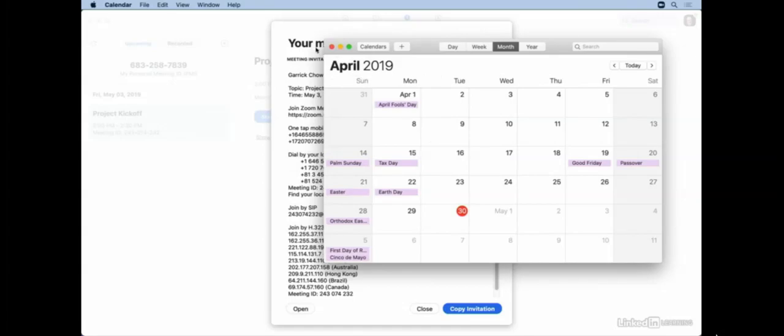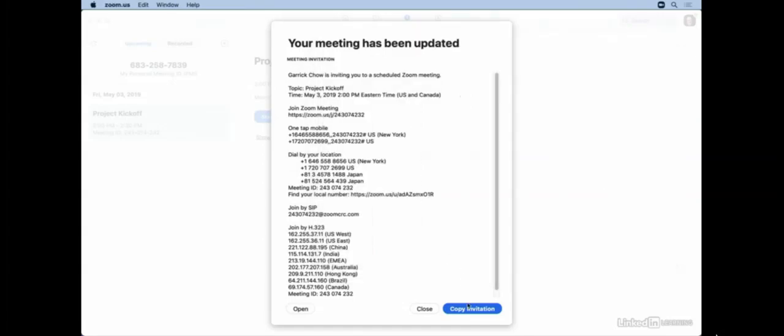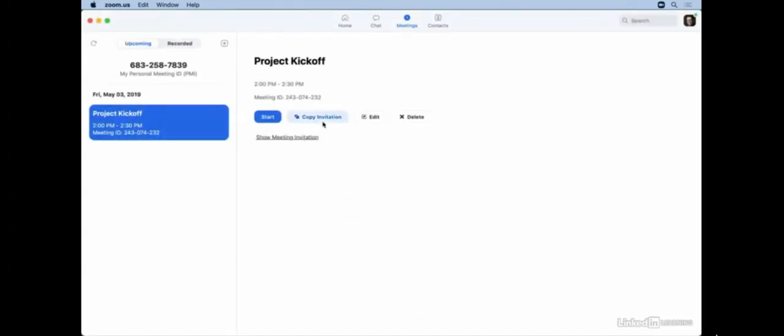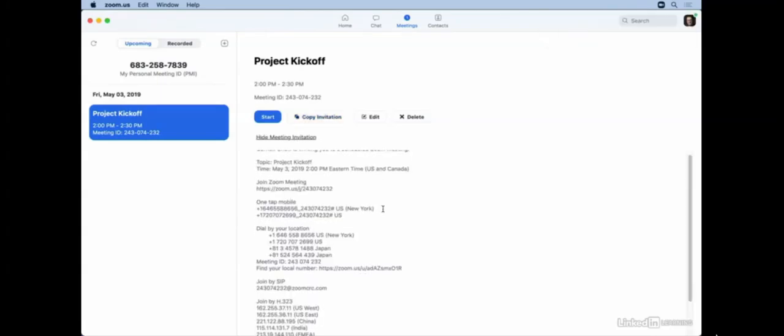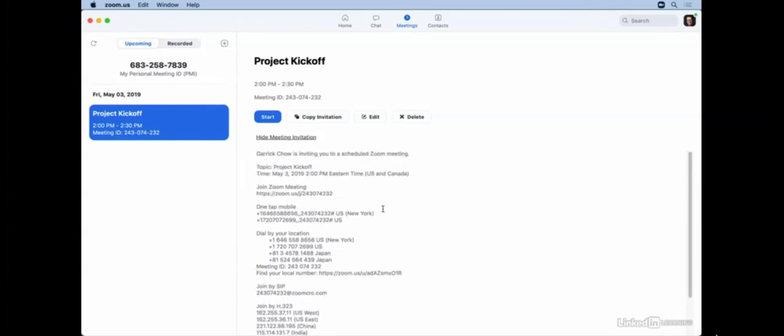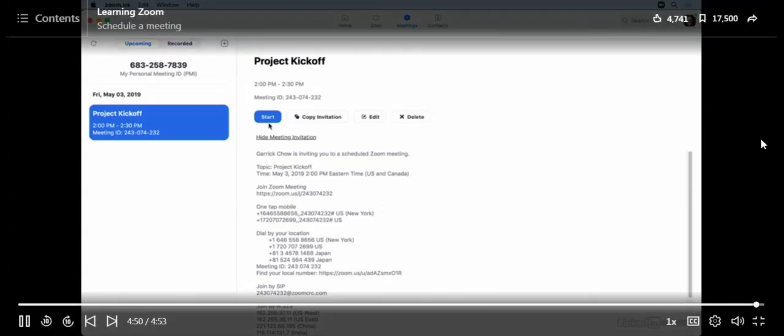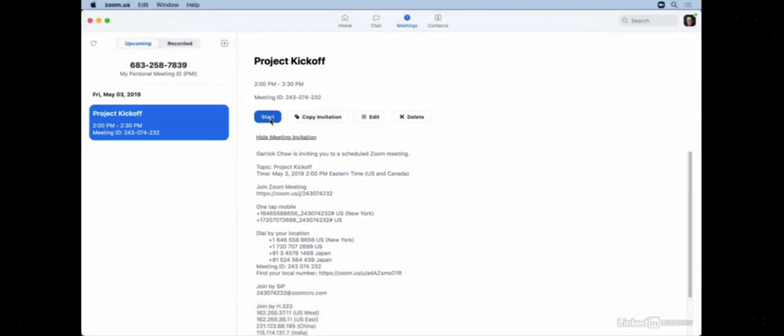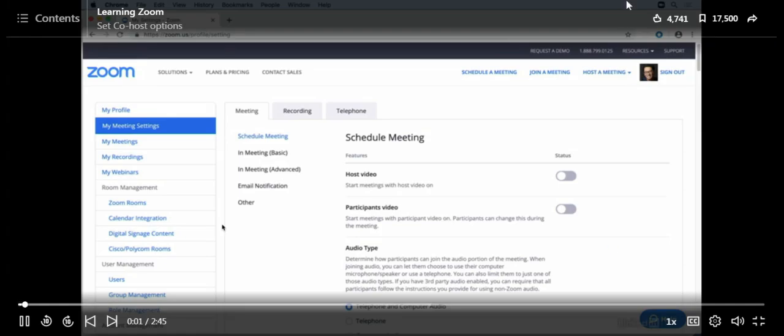But that would add that to my calendar. But back here, I can also click Copy Invitation, which copies all of the text here, and then I can paste it into my calendar app or into an email to send out to my participants. Go ahead and close that. Now you can also click Copy Invitation from here at any time, and also Show Meeting Info to see that information. But basically, once you've set up the meeting, you'll find it here under Meetings in the Zoom app or under the My Meetings section of the Zoom website. And when the time comes to start the meeting, or really at any other time for that matter, you can select it and then click the Start button to jump into your meeting. Zoom gives you the ability to designate other